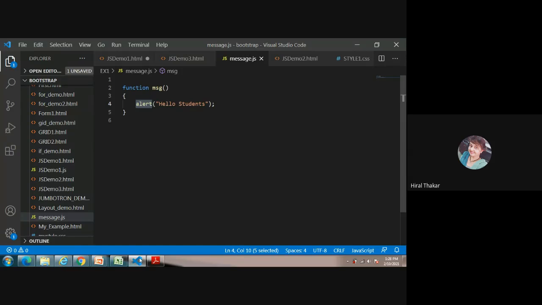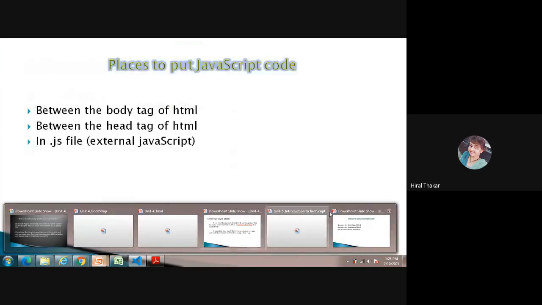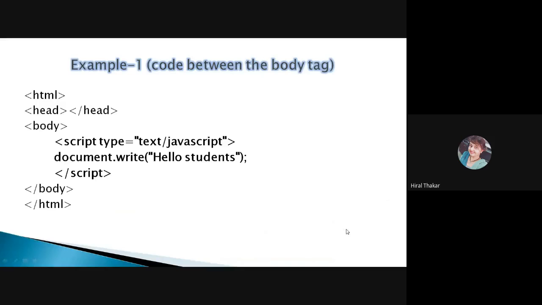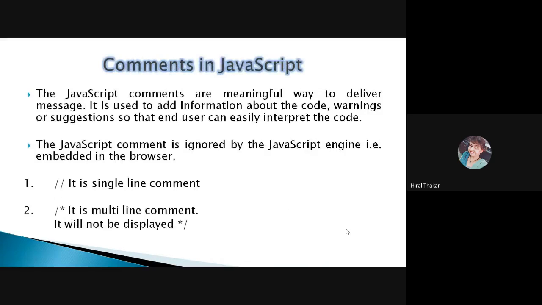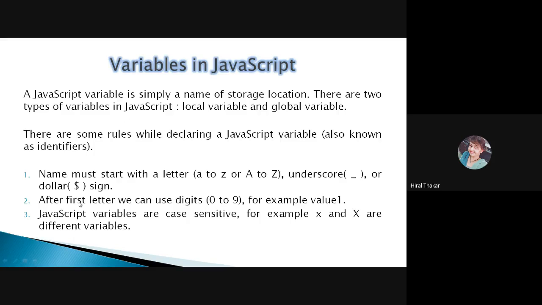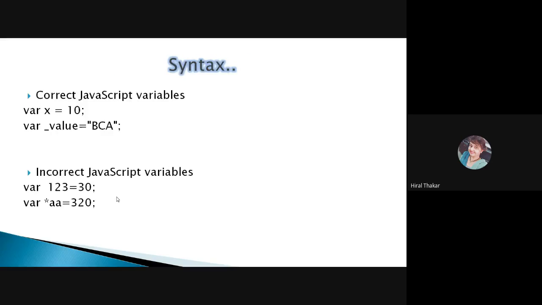Okay. So as of now, what we have studied, we have started JavaScript. And we have to do so many things in JavaScript. Comments of JavaScript, that is simple. See, now we are doing programming. Okay, now we are doing scripting. It is not a tag. So for comments, we will use single line and multi-line, which you are using in your C language. After that, how to declare a variable. One small example I have given you now by using the var keyword. Okay, but we will study it in detail.